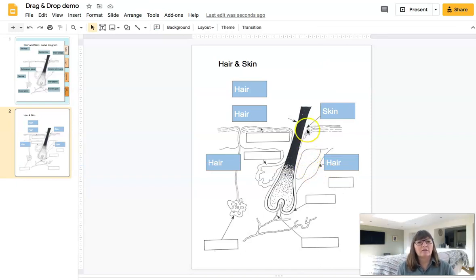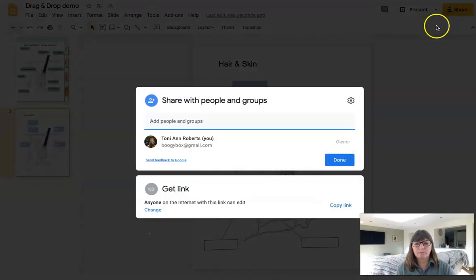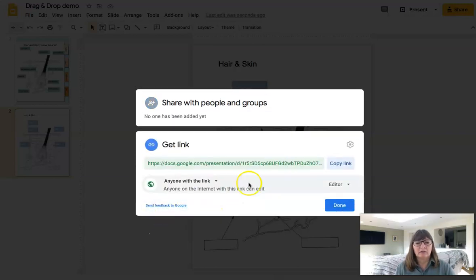So to share this, what you need to do is go to Share, and this time it says anyone on the internet with this link can edit. We need them to be able to edit. You have to check it does say edit because it might be automatically on view or commenter, but we want it on edit, so that's okay. So we're going to now copy this link,